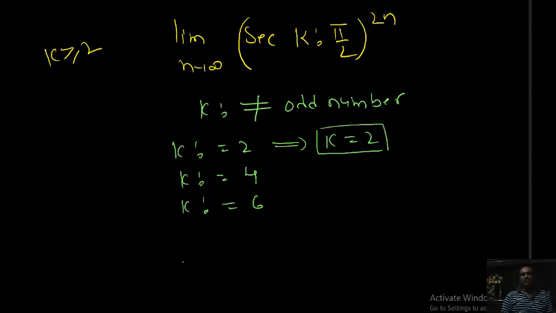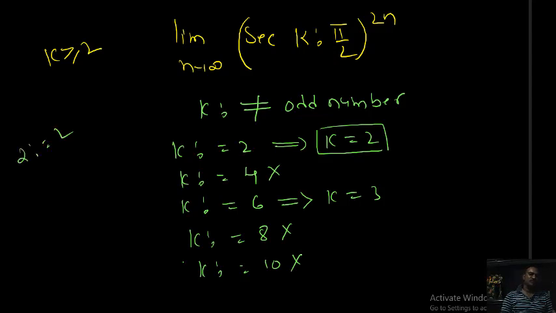k factorial 4, what value of k? That won't happen. If k is taken as 3, this gives 6, not 4, so no k exists. Implies k equal to 3, we got 3 factorial 6. Next, k factorial equal to 8, k factorial equal to 10, this won't happen, this also won't happen. Actually, 2 factorial means 2, 3 factorial means 6, 4 factorial means 24. All factorial numbers here are even numbers only. So k may be 2 or 3, so many values exist for k.